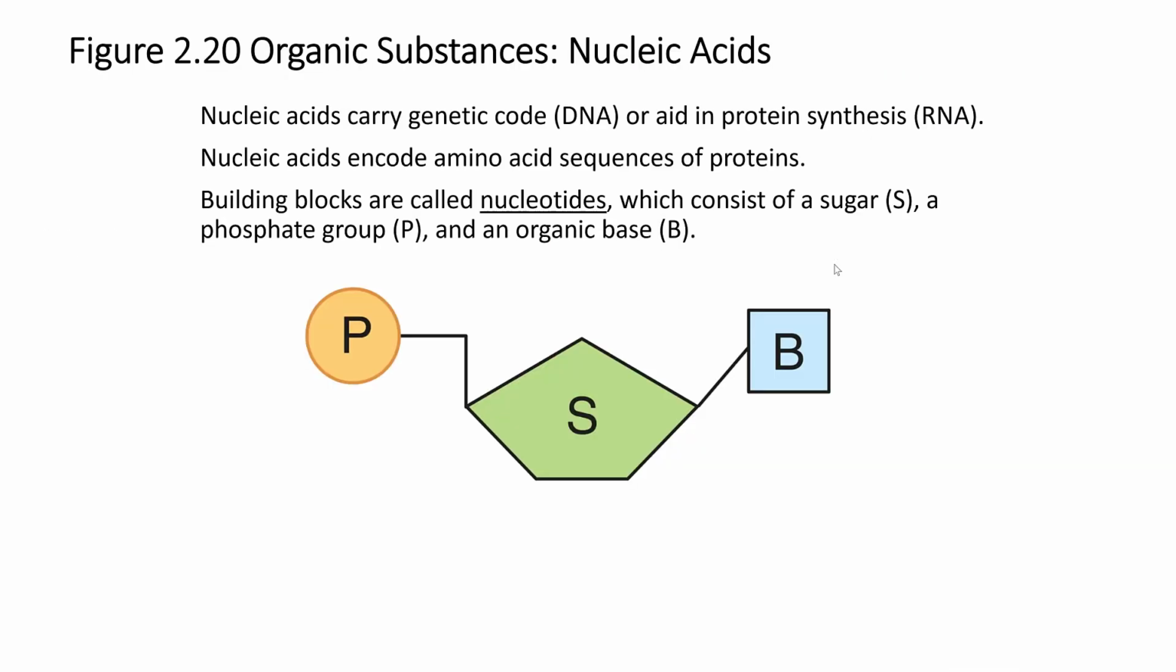So the building blocks of DNA and RNA are called nucleotides. That's the nucleic part. So deoxyribonucleic acid or ribonucleic acid. This is a picture of what a nucleotide looks like. We have a sugar, we have a phosphate, and we have an organic base. So the purpose of nucleic acids is to carry the genetic code, or DNA, in the form of RNA to aid in protein synthesis. And the nucleic acid sequence encodes the amino acid sequence that will eventually twist and fold